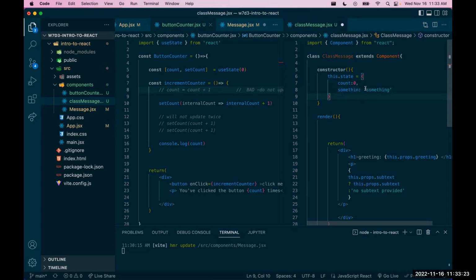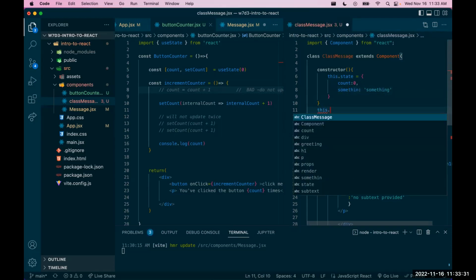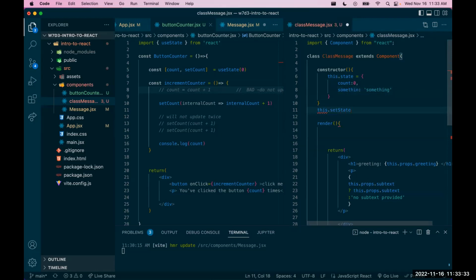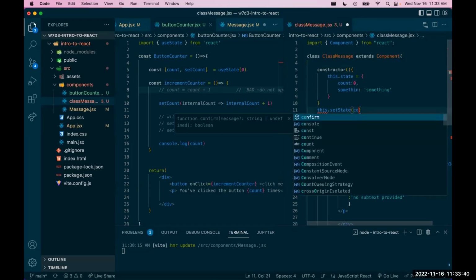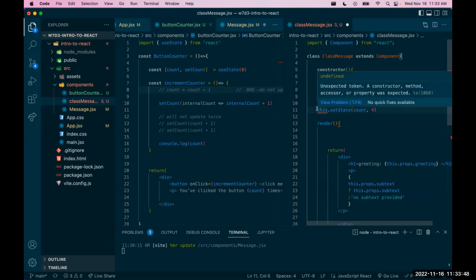Then to update it on a button click, I would have to say this dot setState, and I believe I have to send in the key. So I want to update count, and I send in what I want it to update to. This could be wrong, but